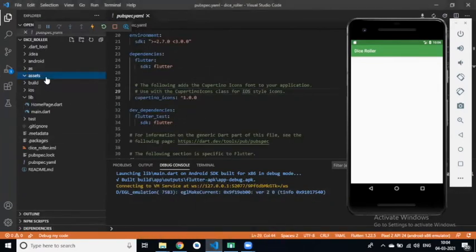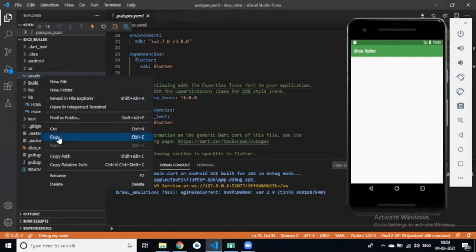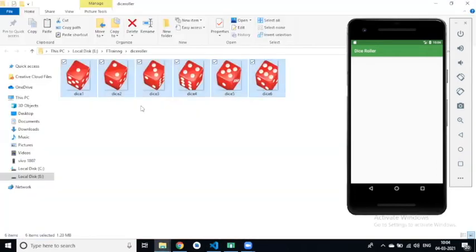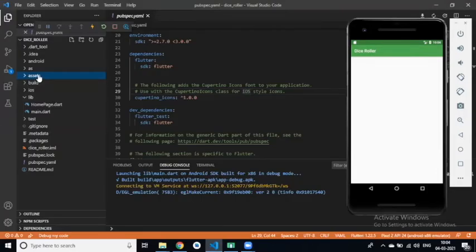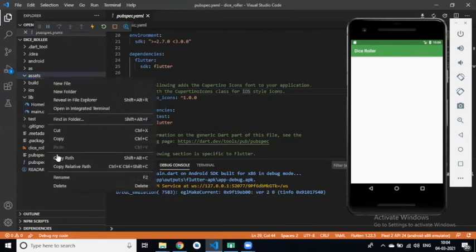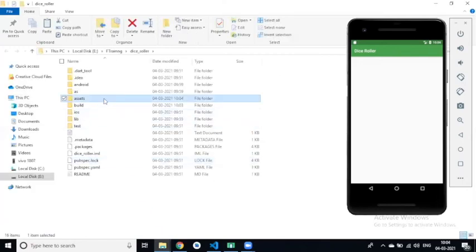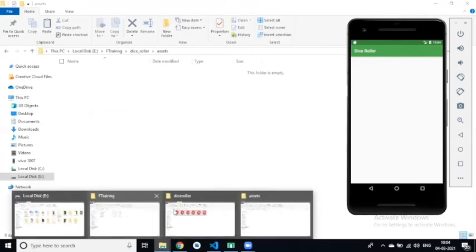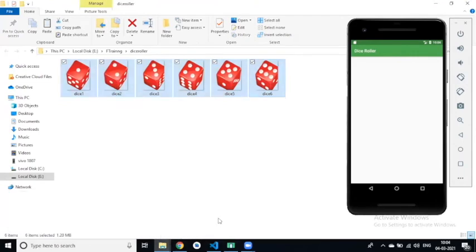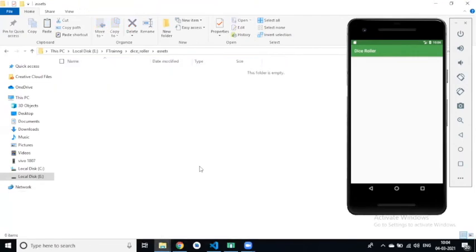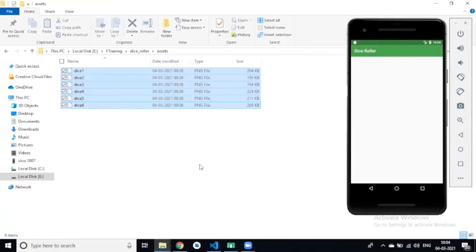You can simply open this, reveal in file explorer, and in the asset folder simply copy this and paste this.